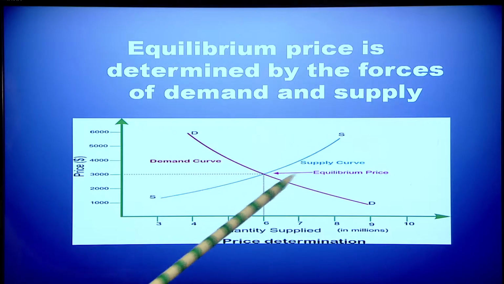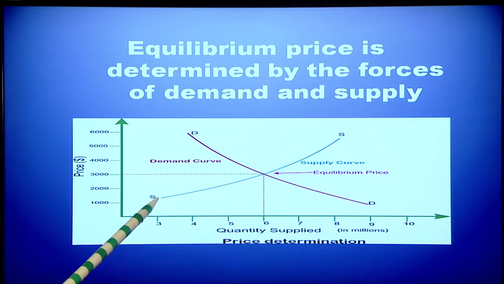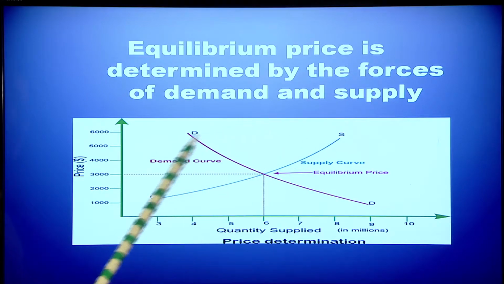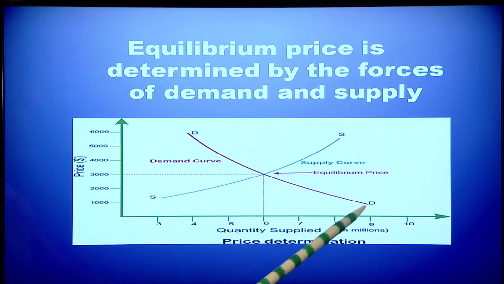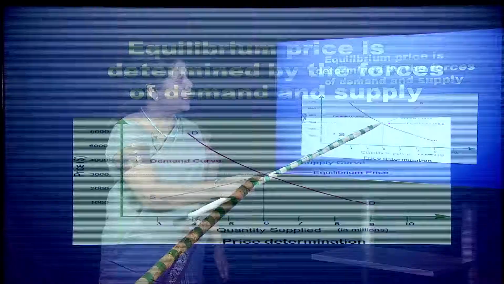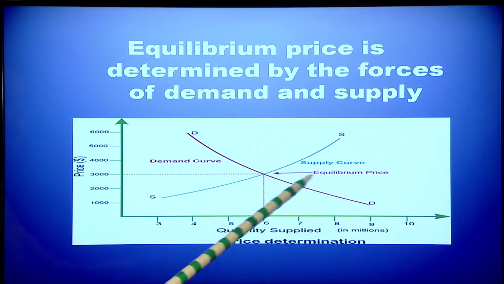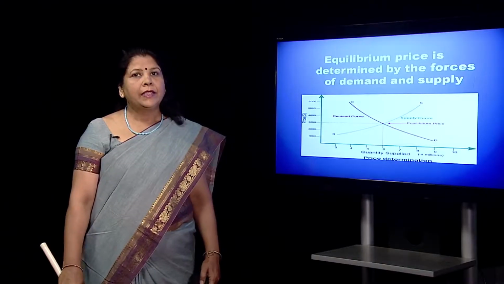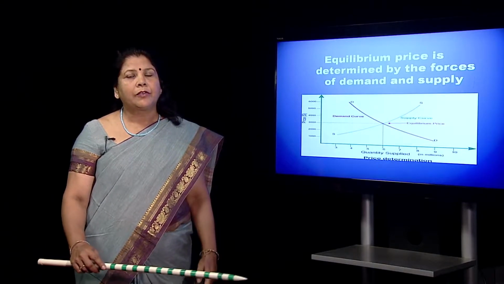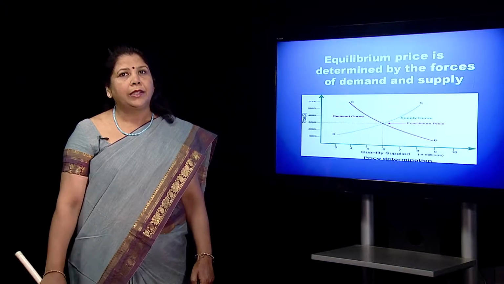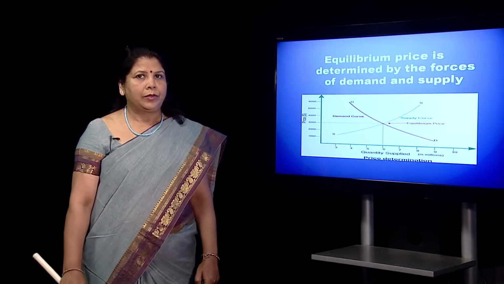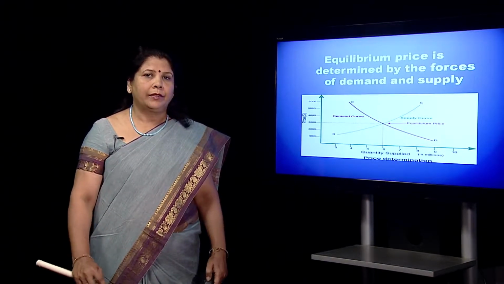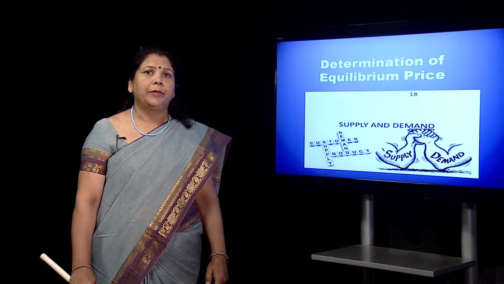You can see the supply curve which is upward sloping and the demand curve which is downward sloping. Where the two meet is what is known as the equilibrium price. In this manner, the forces of demand and supply together help to form the equilibrium